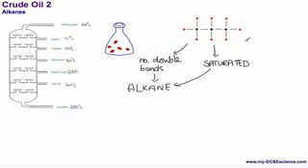Okay, now the third bit of information I want you to know is there is a general formula, and you are required to know this: CnH2n+2, and we're going to explore what that means in a moment. And if we were to write the formula for this, we could do what we did on the previous page,